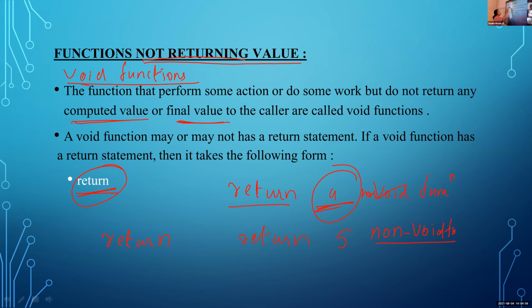Okay, because it is a void function. We are not returning any value to the main program. Because of that, we are using just a return statement. No values are used along with this return statement. Okay, that is a void function. In a void function, we are just using the return statement only. No values, no variables, no expressions are used along with this return statement in the case of void functions. Okay. Is it clear, Srihari, the difference between void and non-void functions?